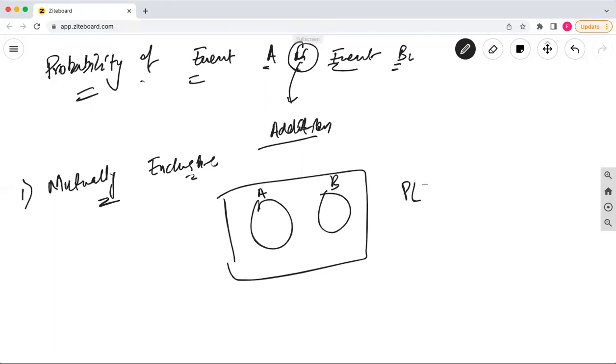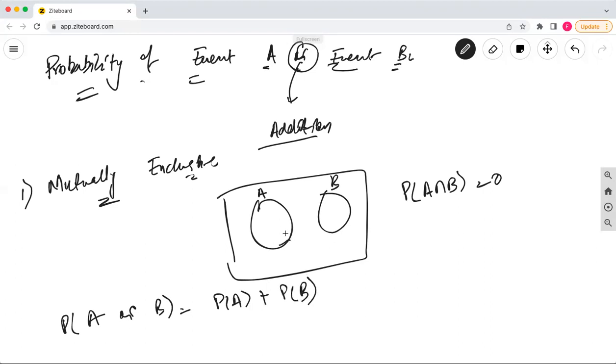So the probability of A and B is equal to 0. So if I take the probability of A or B, that will be very simple: the probability of A plus the probability of B. Because there is no overlap, you are just adding both of these. But if we consider the non-mutually exclusive case,